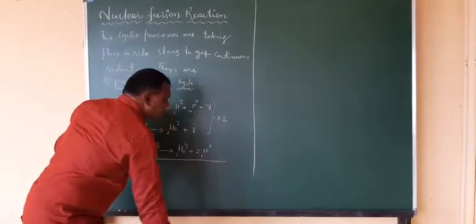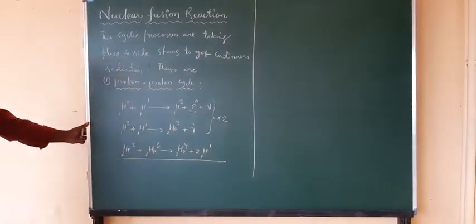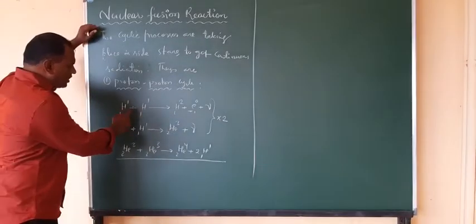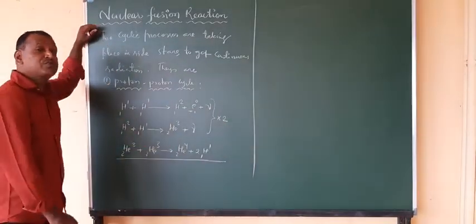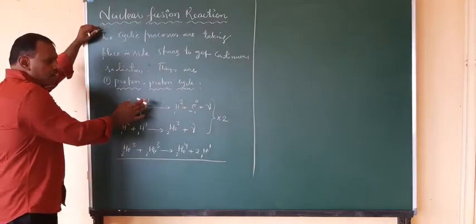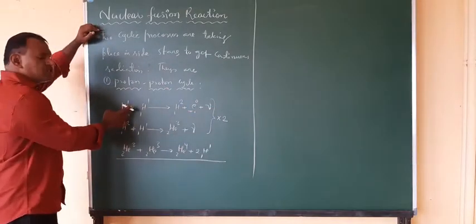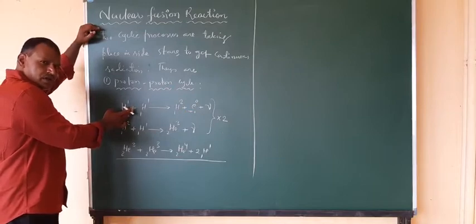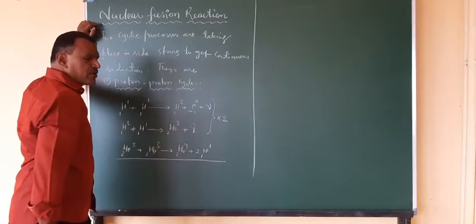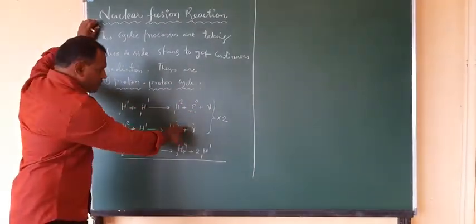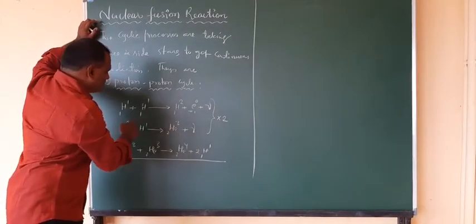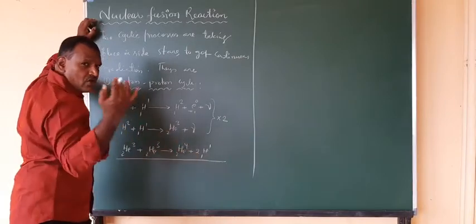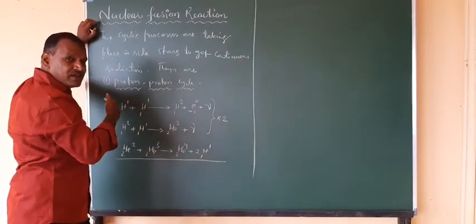So what is the net reaction you can see here? If you observe, 3 protons are there, but taken twice, double, so 6 protons are there on the reactant side. On the product side, how many protons are there? Here any proton? No. Here we have 2 protons. So 6 protons minus 2 protons, you get 4 protons remaining on the reactant side.